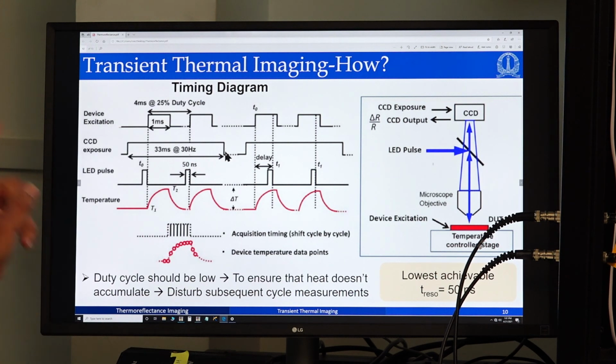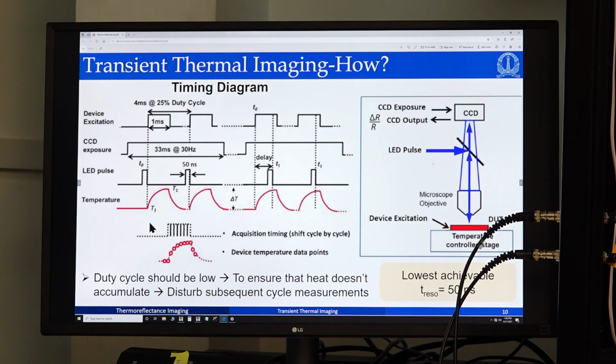In one frame, one image will be generated. So this here shows it's around 33 milliseconds. Inside that, we are giving electrical signals with, say, a pulse width of around 1 millisecond. That means that in one frame we would have multiple excitations. This electrical signal is then synchronized with the LED pulses.